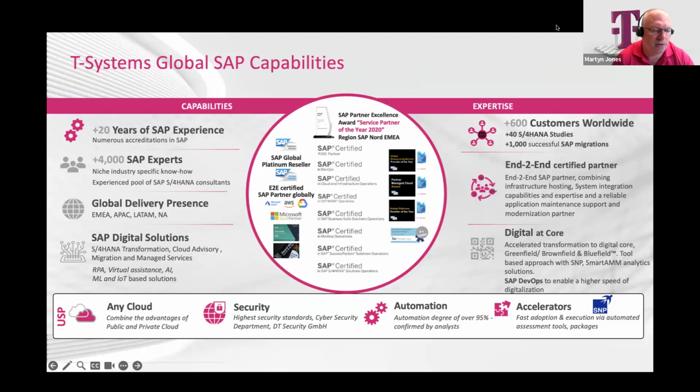We also concentrate on the non-SAP side of it as well. So for companies, we also manage everything for them, so we can be that end-to-end service provider. We're also a cloud agnostic company, so we're able to deliver services on any of the hyperscalers, from Microsoft Azure, AWS, and Google. So that gives our customers more flexibility to be able to deliver those parts. Next slide, please.